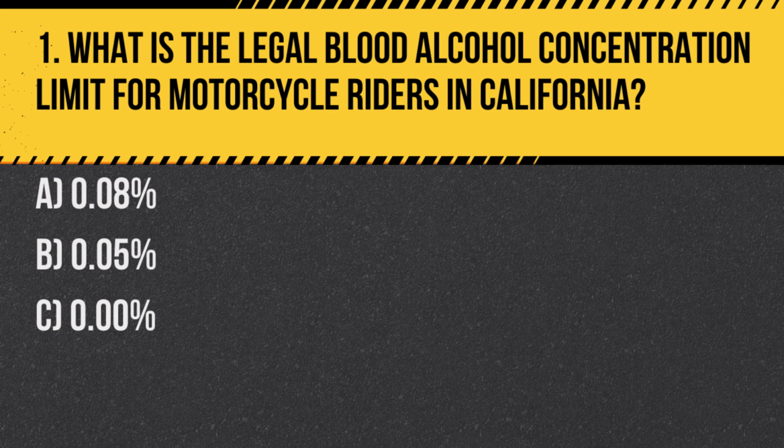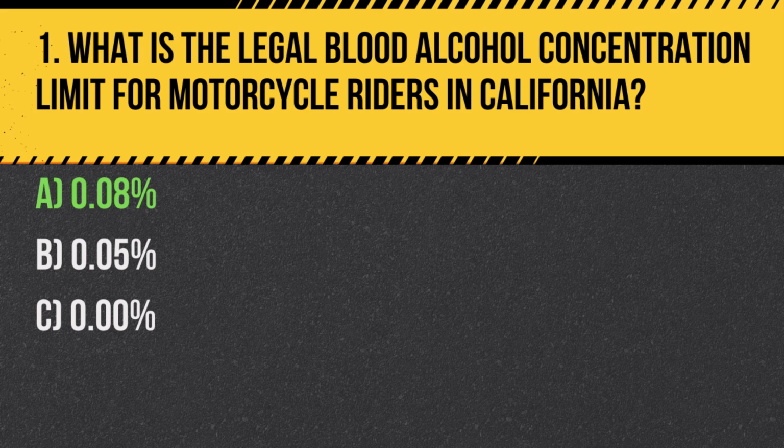Question 1. What is the legal blood alcohol concentration limit for motorcycle riders in California? A. 0.8%. B. 0.5%. C. 0.0%. Answer. A. 0.8%. In California, the legal BAC limit for motorcycle riders is the same as for all drivers,